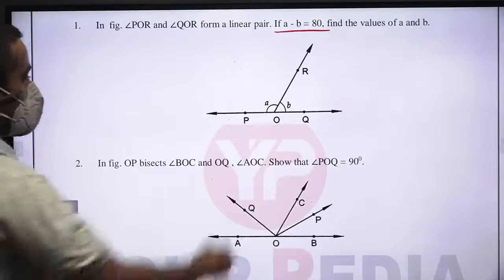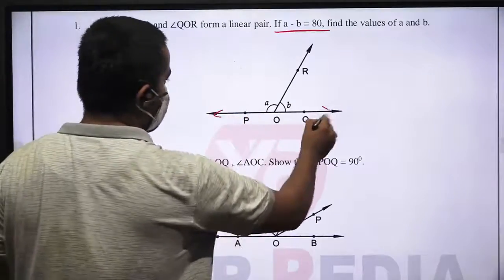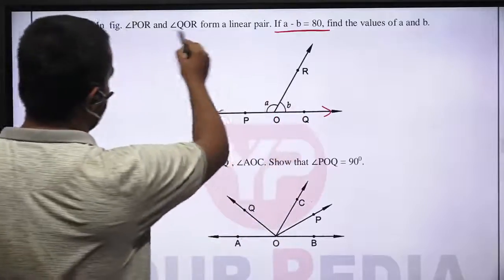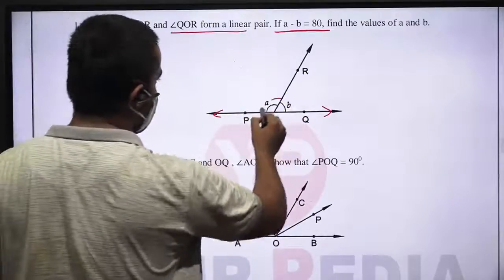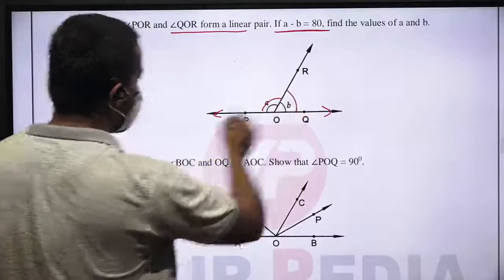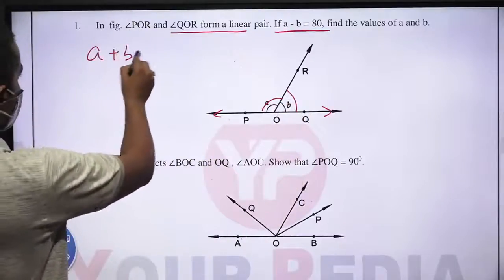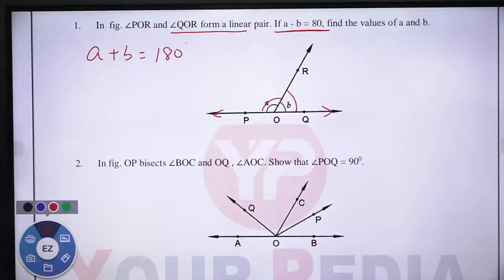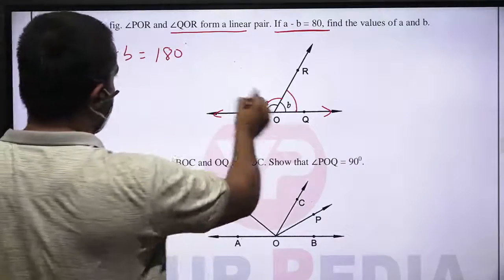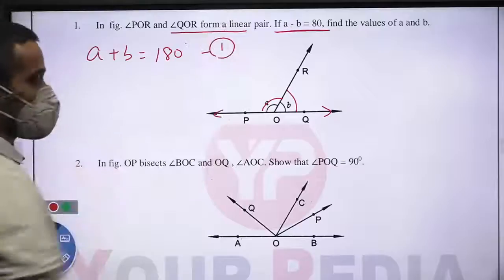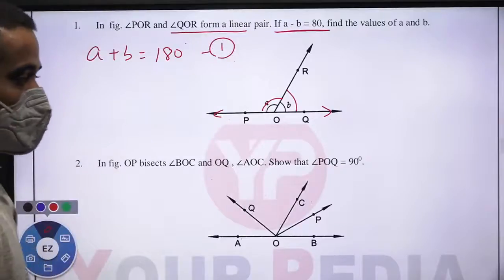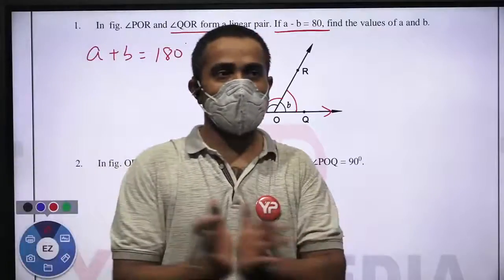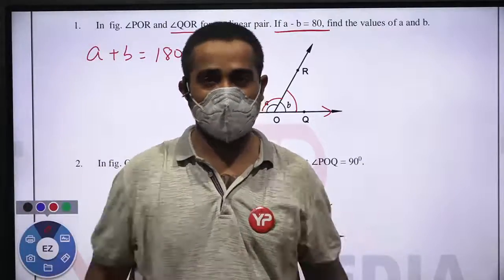Okay, students. This is a linear pair, two rays pointing in opposite directions, so they will form a linear pair. They have given angle POR as angle A, and angle QOR as angle B. So A plus B will form a linear pair. Adjacent angles will form a linear pair if they are supplementary. So A plus B sum is 180 from the linear pair. Of course, in physics, when you study two persons going in opposite directions, you say that the angle between them is 180.